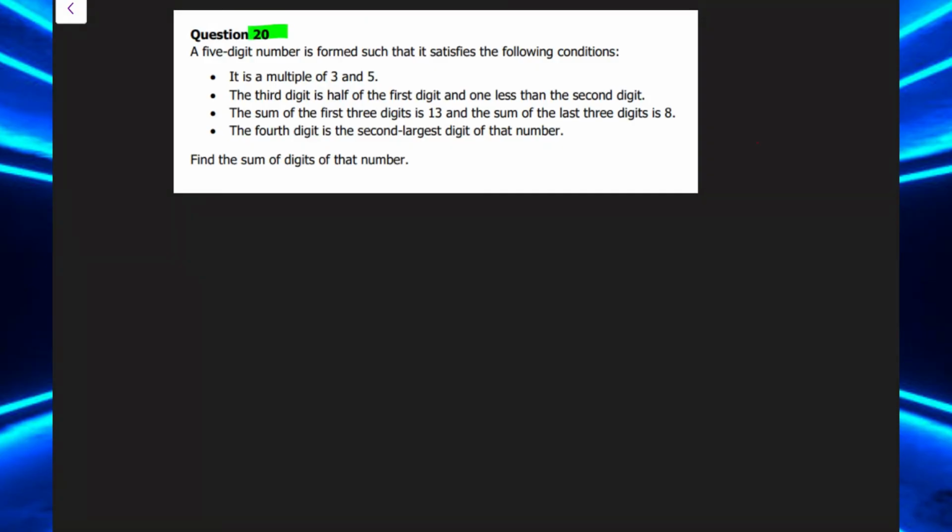Let's do question number 20. A 5-digit number is formed such that it follows these conditions. Let's have a 5-digit number: 1, 2, 3, 4, 5. It has 5 places. Let's say A, B, C, D, E. Let's say this is the 5-digit number, and these are the places. Now it says